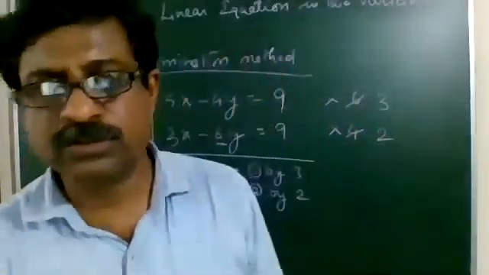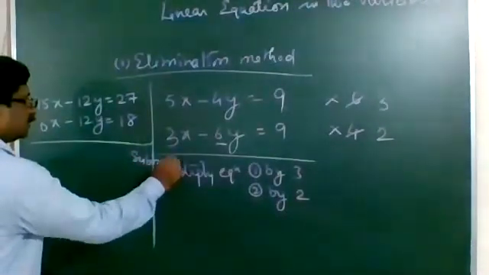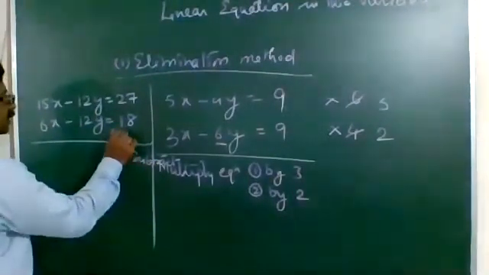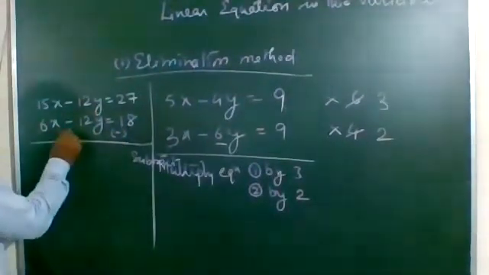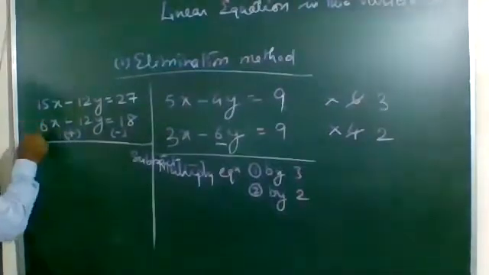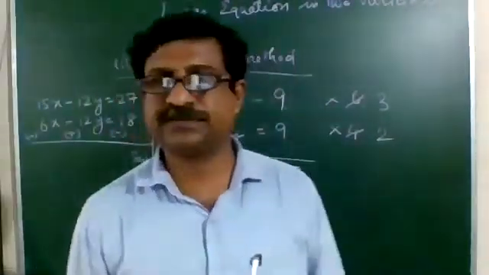And to eliminate that, we require different signs. Therefore, what are you going to do? We are going to subtract. If you are subtracting, this will become minus. This opposite sign we will take. If it is plus, then you will write minus. If you are getting minus, then you will write plus. Just opposite signs.